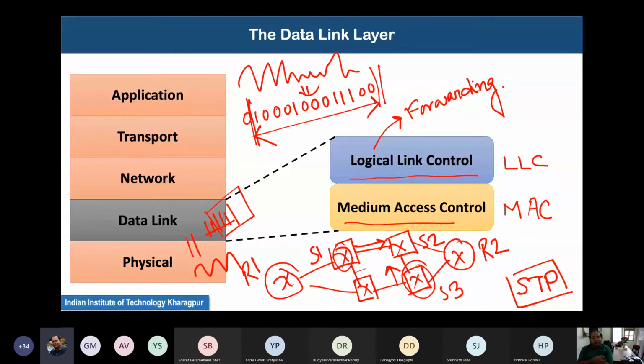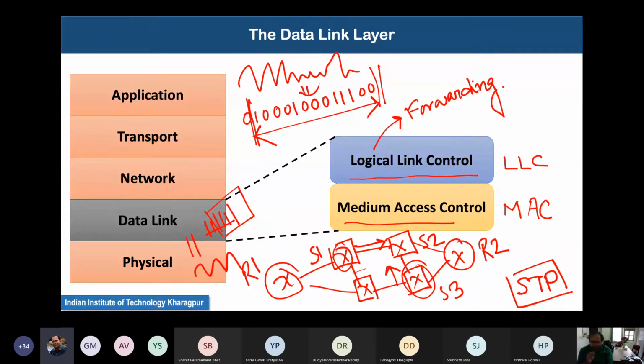If the signal strengths of S1 and S3 are almost equal, it will be very difficult to separate them out. So it is important to ensure proper scheduling among the devices which are going to send data simultaneously. This part of the functionality we call access control.